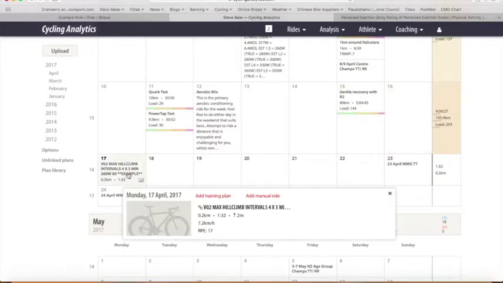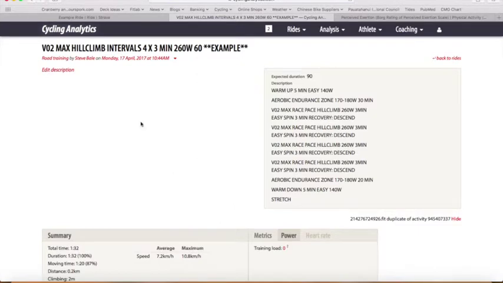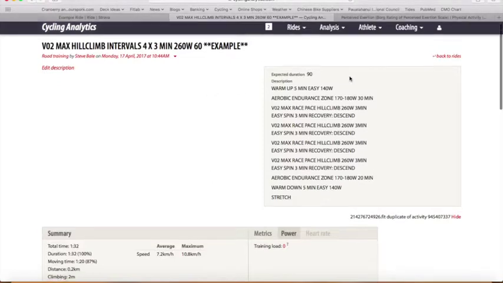I can click on that ride. Normally, if this was a longer ride, it would show a map of where you've been. It doesn't for me, because I only ran up and down the street with my Garmin in my hand to do this little example. So you can see when I open the ride now, not only is there all the